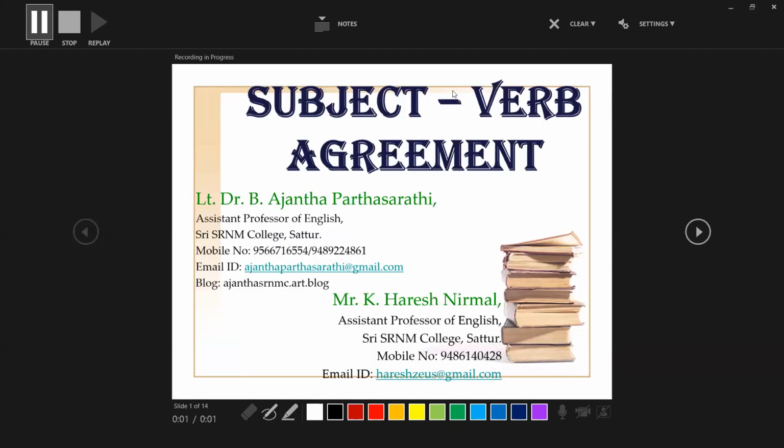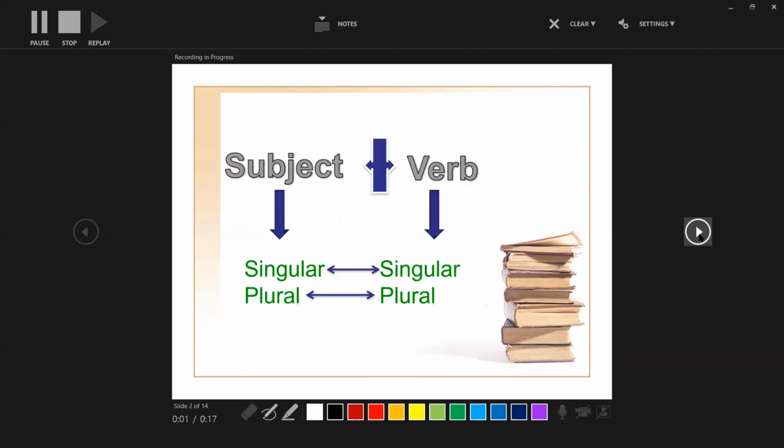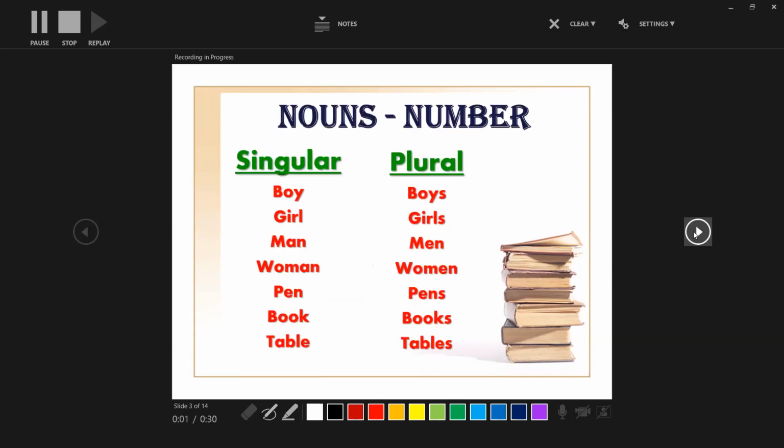I have to give my voiceover for the first slide. For example, dear students, we are going to learn subject-verb agreement in this video. Then to select the next slide, we have to click this arrow. So if the subject is singular, the verb should also be singular. If the subject is plural, the verb should be also plural. This way, we have to give our voiceover for every slide just by selecting the next slide. Those who are not getting this screen, they can do with the down arrow, which is the option to select your next screen.